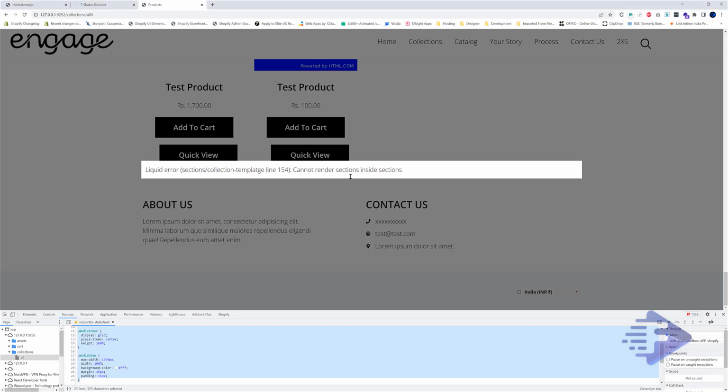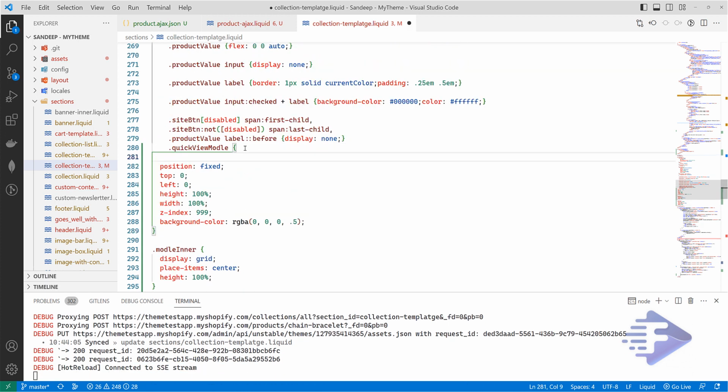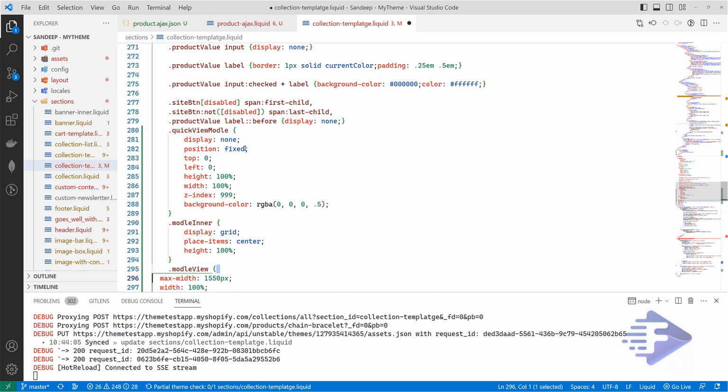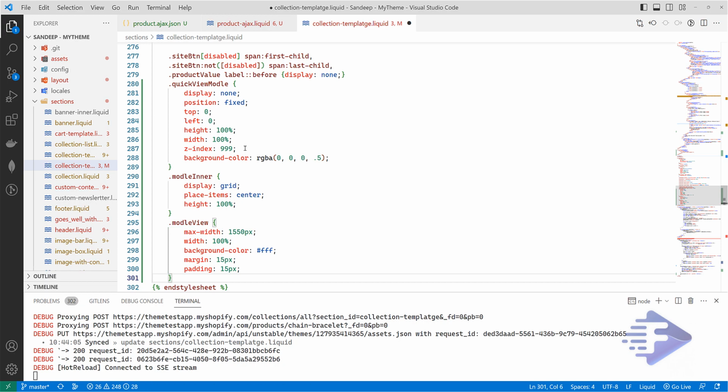Save this one. Oops, I forgot one more thing. We have to hide this one. Let's say display none. And save this one.